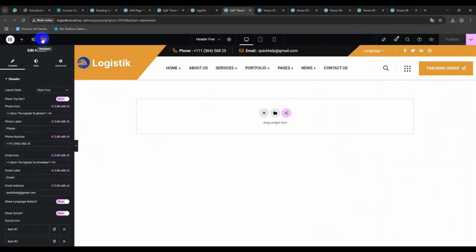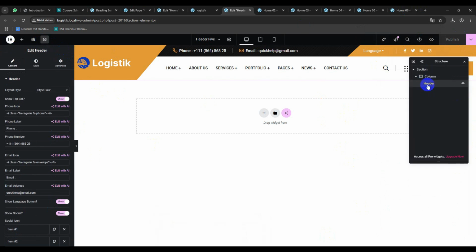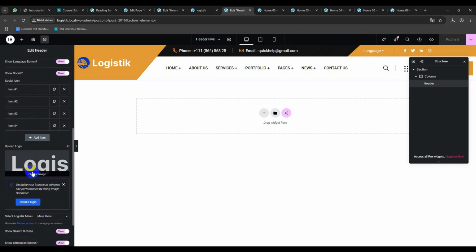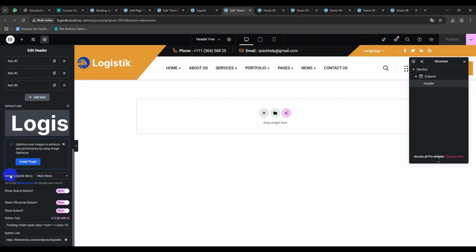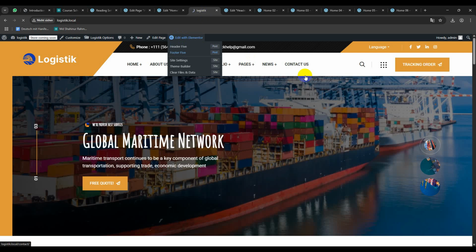You just click here on structure, then you will get the header, and on the left side you will get all the information like email, phone number and everything, and also the logo. Here is the logistic menu, where you choose which menu you want to use. A lot of things you can get here, and also all the solutions. The footer is also the same. When you click the footer 5,